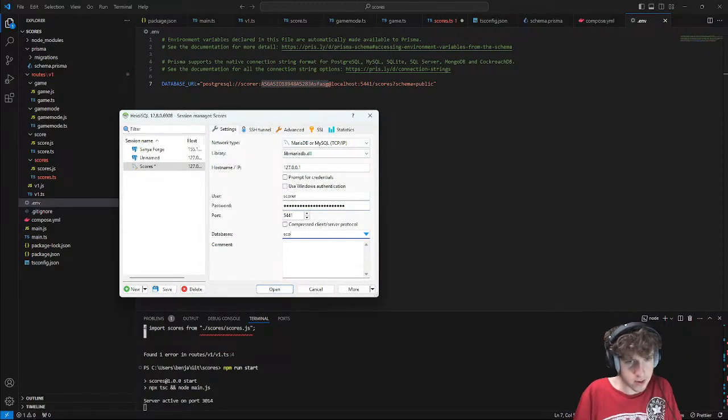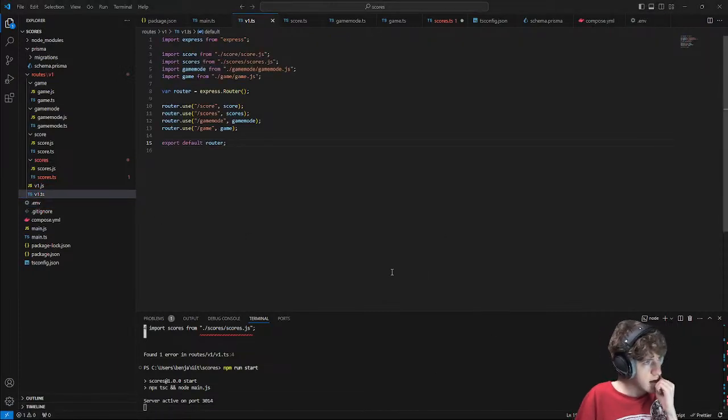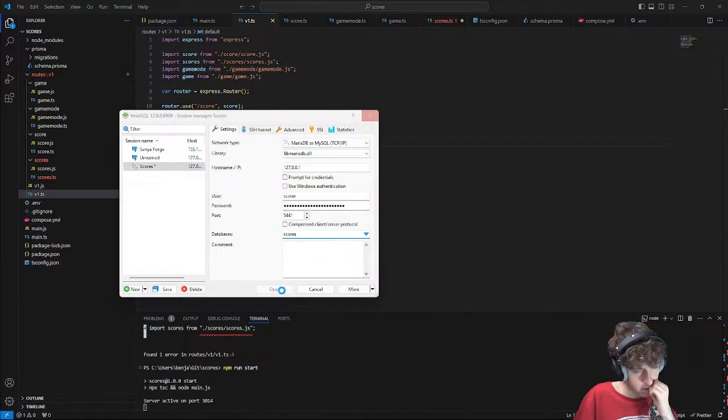Database would be scores. And then now I should be able to connect to the database, hopefully. It's been very slow. But theoretically, once I get in, I would be able to add in some example data that I could then query for.